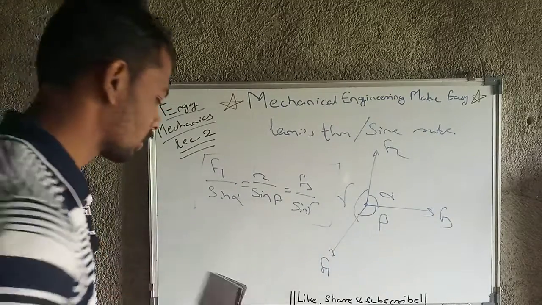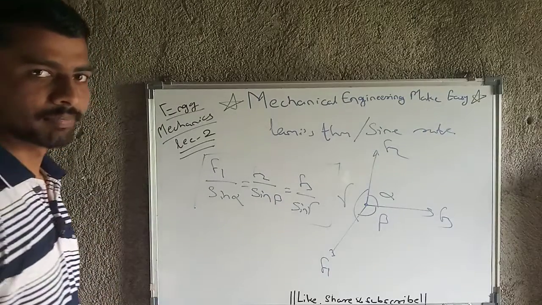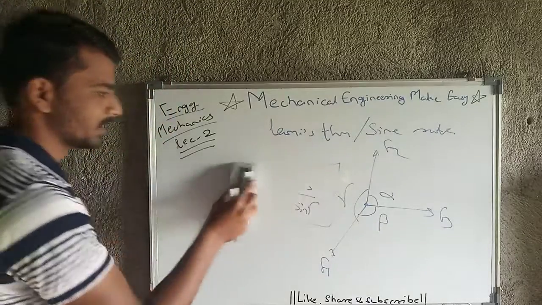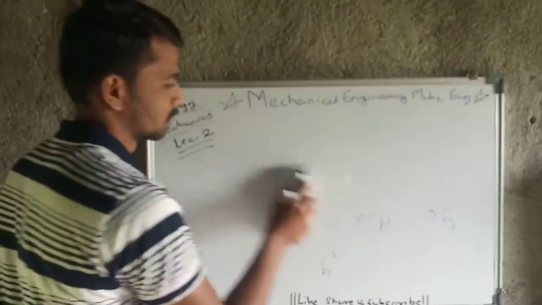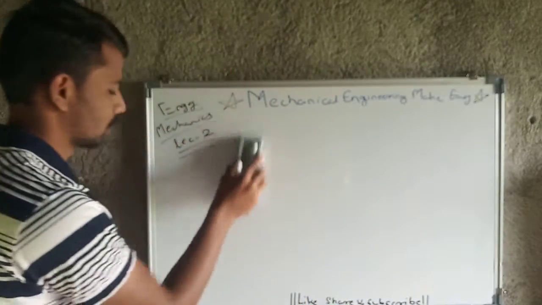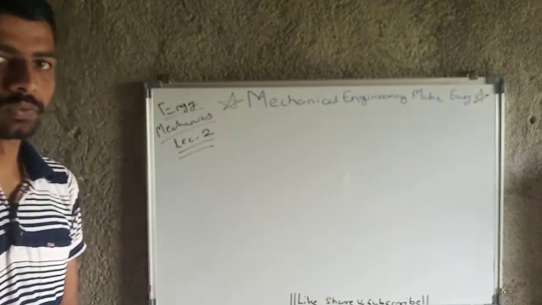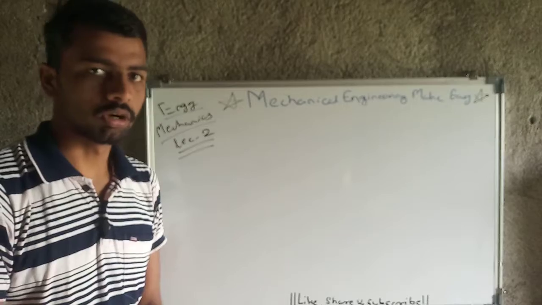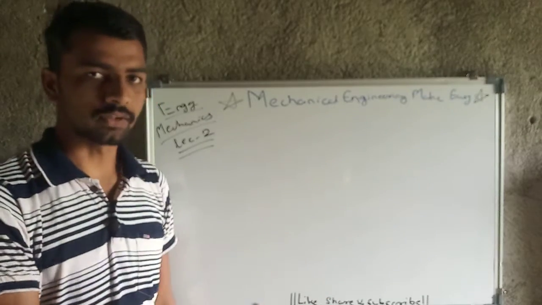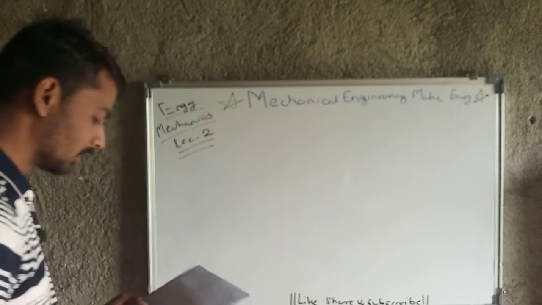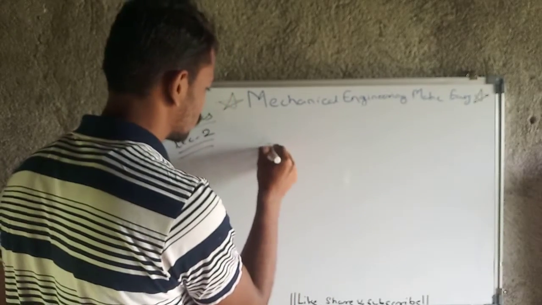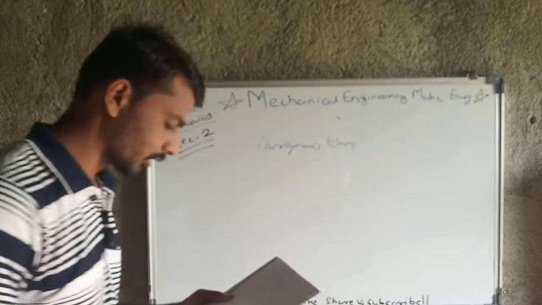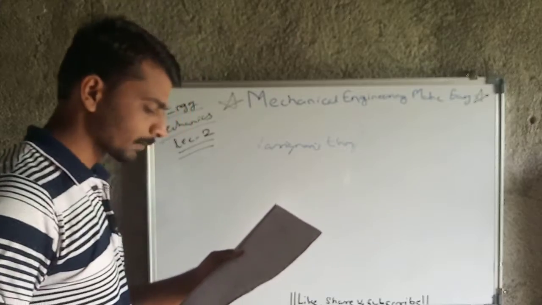This formula is very important while solving numericals of mechanics, and also numericals of strength of materials, theory of machines, etc. This formula is very basic for all kinds of numericals. If there are three forces and we know the angles between all those forces, then we can calculate the magnitude of a force or anything else we need with the help of this sine rule. Then next is Varignon's theorem, which has another name, the law of moments.